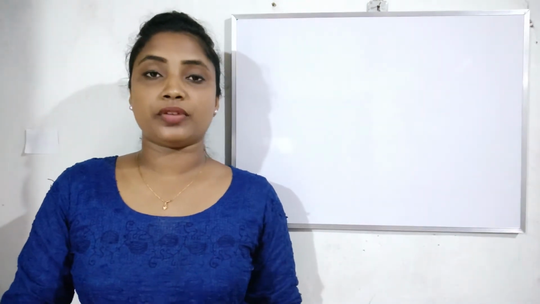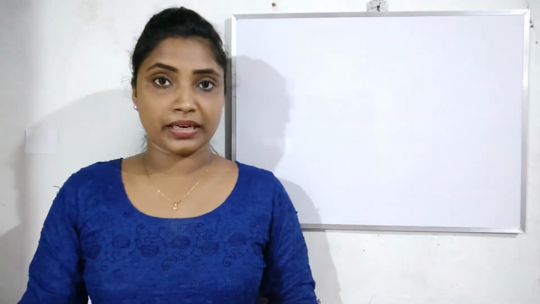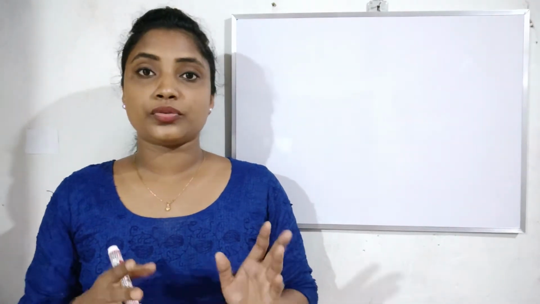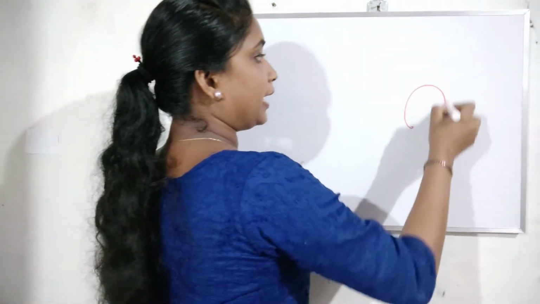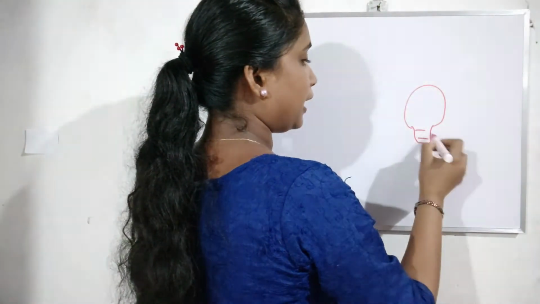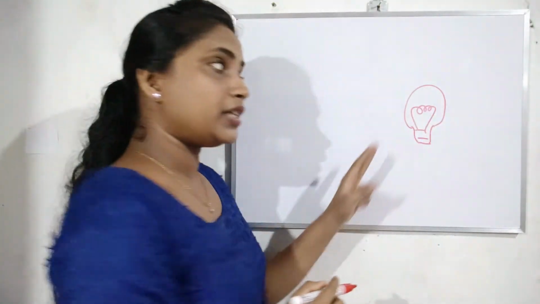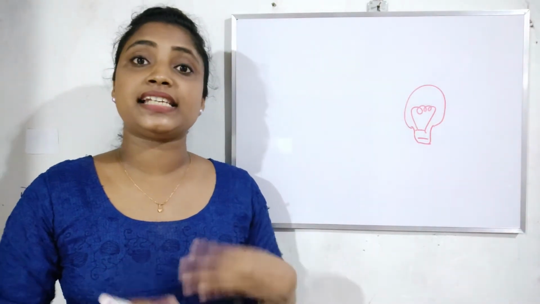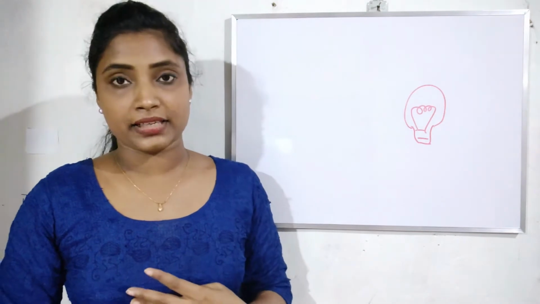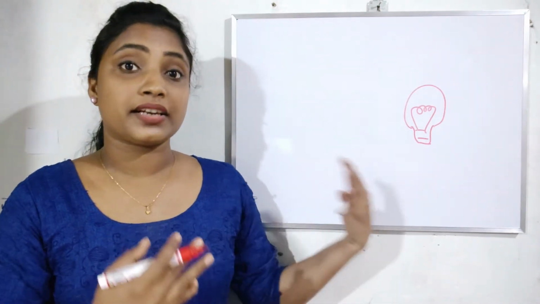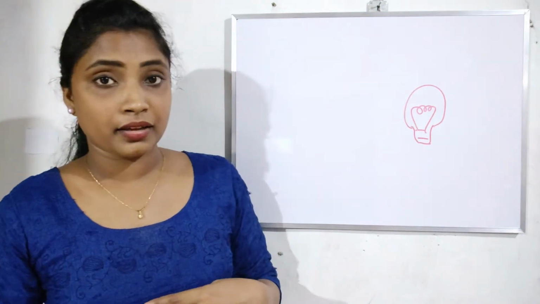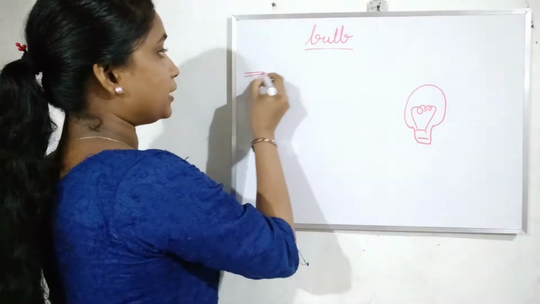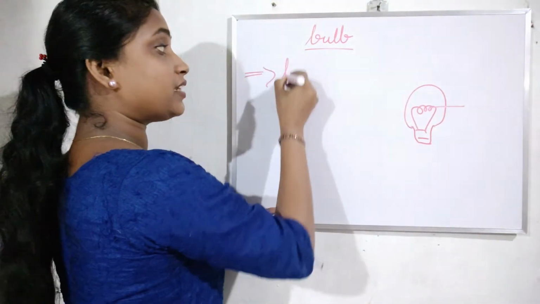The very next device that we need to discuss is electric bulb. Electric bulb also works based on heating effect of electric current. So we know that a bulb consists of a glass container and inside that we can find a filament. So this filament is emitting the light. So the material emits light means it is heating up and provides us light. So it is heating up more means the resistance of the material should be much higher. Okay. So electric bulb, simply I am writing bulb. Electric bulb, the material that we use as filament should be of high resistance.